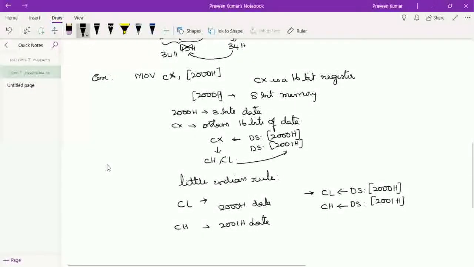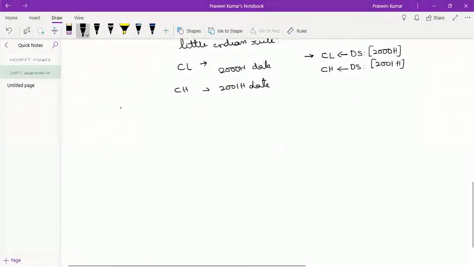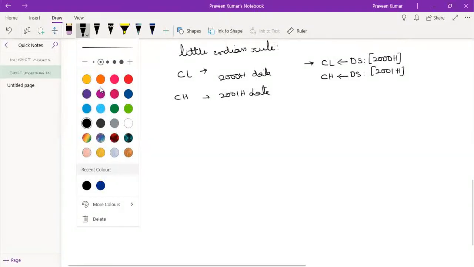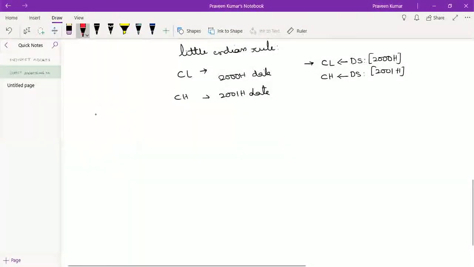Now, we have seen three different types of addressing modes. So we'll close these three different types of addressing modes with a simple example, and we'll try to understand the different types of addressing modes that we are going to get in this particular example. The example is something like where we'll take something.